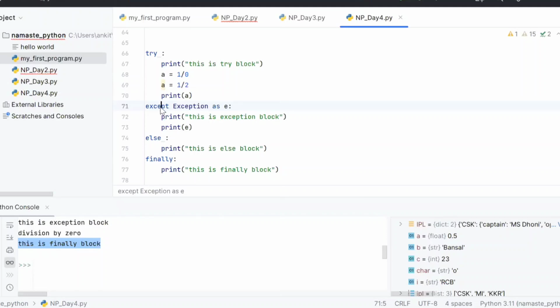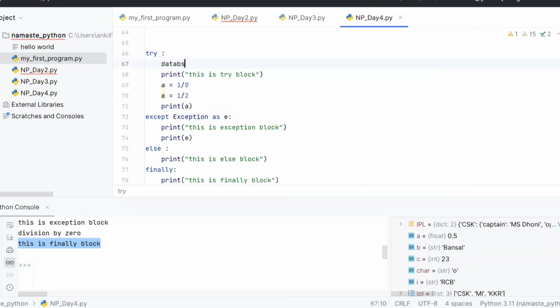So that can be written in the finally block. Let's say you opened a database connection here. Now you don't know whether an exception will come or not. Maybe in this line an exception is coming. If an exception is coming,